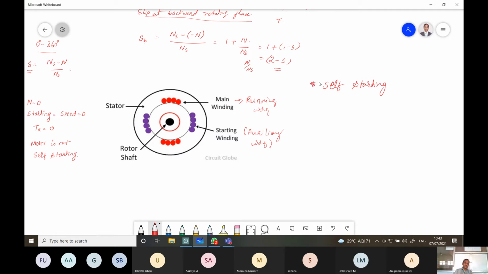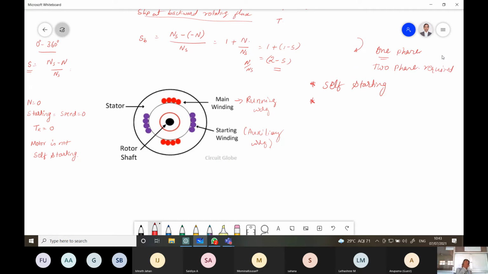For that, temporarily we need to convert it into a two-phase motor. If you want to obtain a revolving mechanism, only one phase is not sufficient. There must be at least two phases required